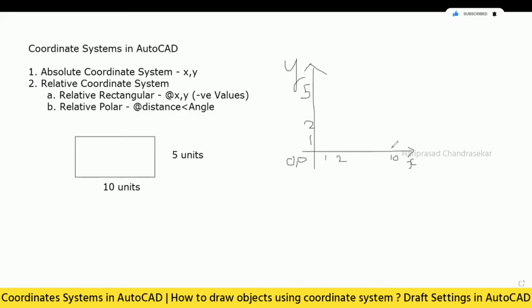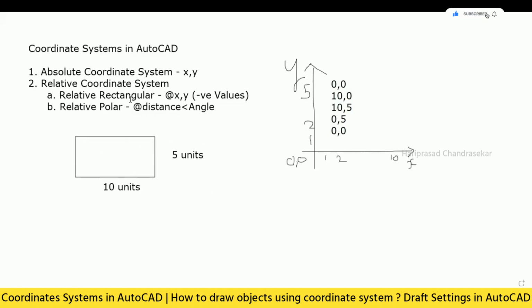That's why we are putting for this point 10, 0. First point 0, 0, and then the next point 10, 0, and the third point 10, 5, and the fourth point 0, 5, and the last point again 0, 0. This is for the absolute coordinate system to draw this rectangle.